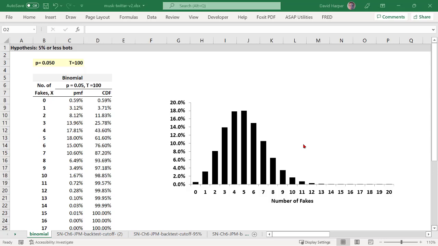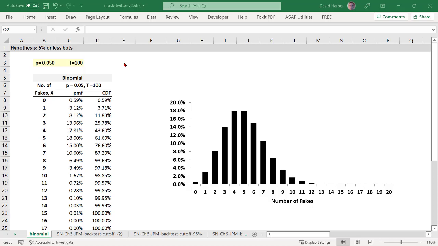Hi, this is David. I thought it'd be fun to take a concept that we study in the FRM and apply it to a puzzle in the real world. In this case, the news is that Elon Musk is purchasing Twitter, or at least he was until he held the deal up until he investigates their claim about bots on the platform.